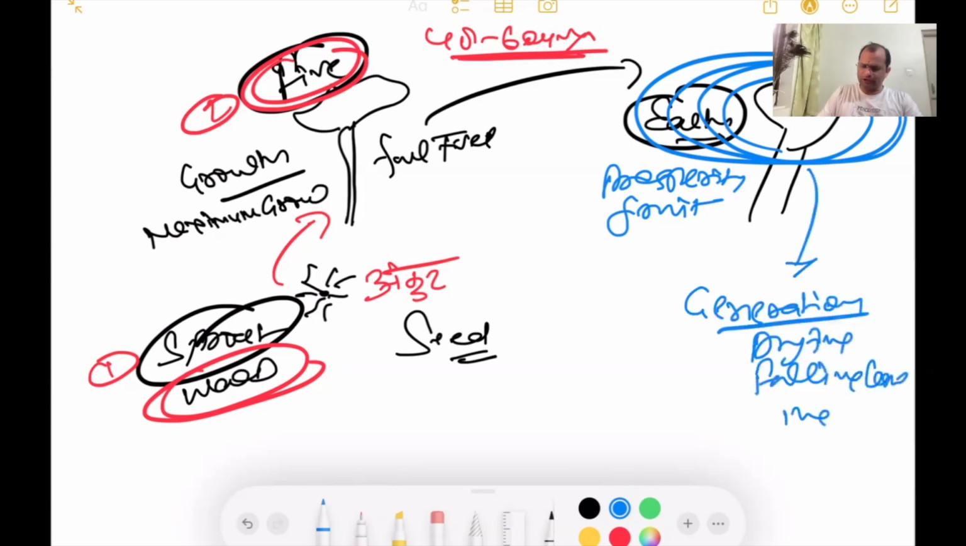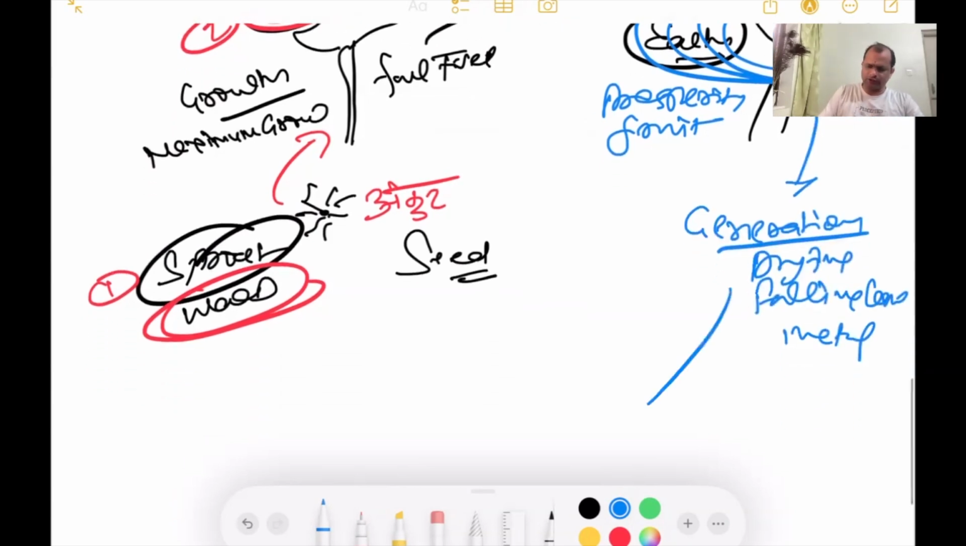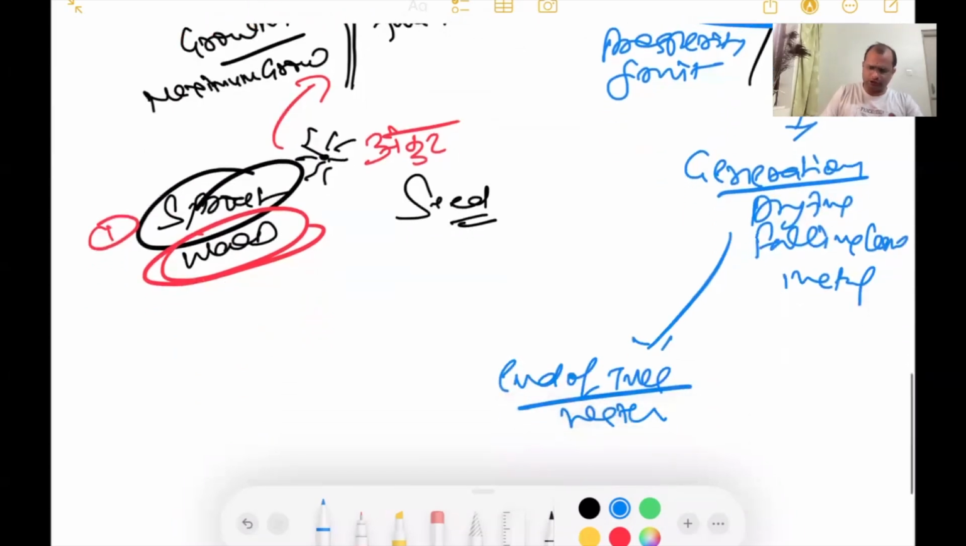That is the metal phase. And finally, end of the tree. That is the water phase. And with the ending of the tree, again from the seeds, the new sprouts